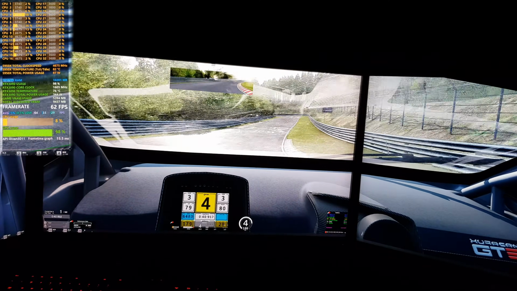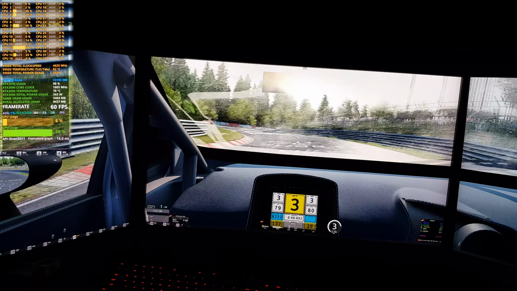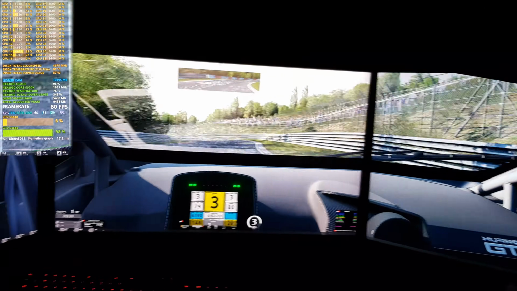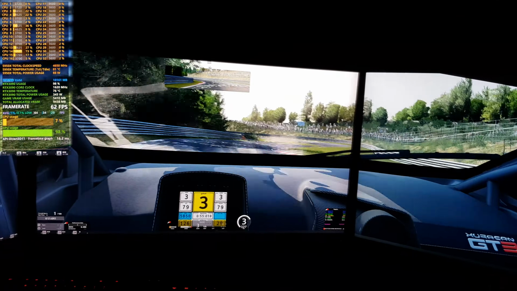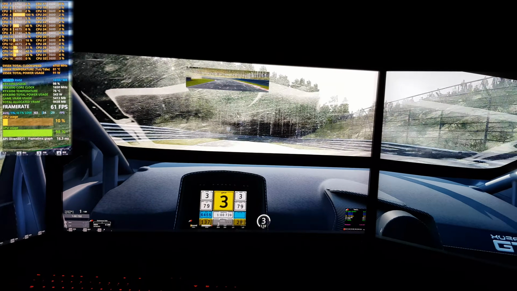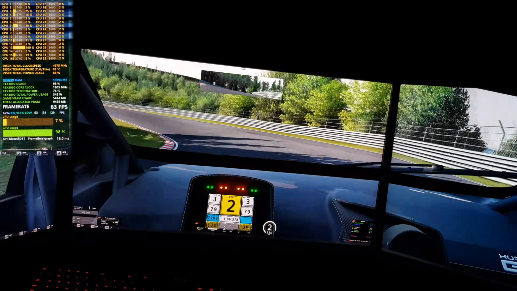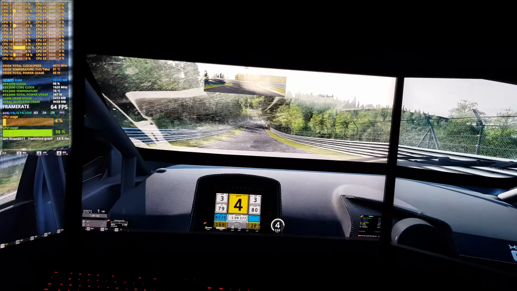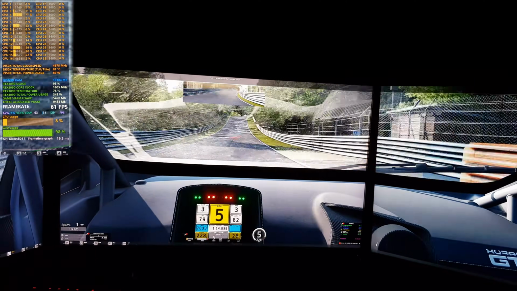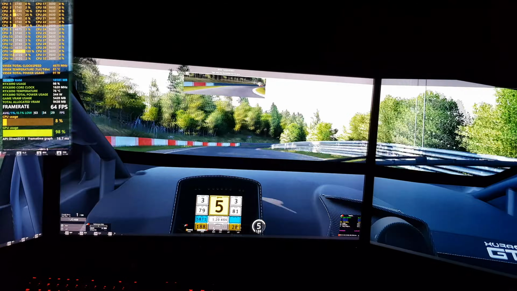Now, what I find interesting is that this game is based natively on DirectX 11, and previously I tested RaceRoom Racing Experience, which is notorious for being only DirectX 9. Now, most people would think that the CPU utilization should be better in DirectX 11, but unfortunately this is not the case. In my previous video, my CPU had around 20-25% of utilization,